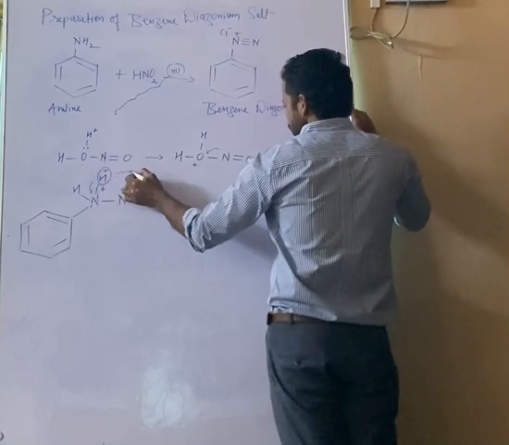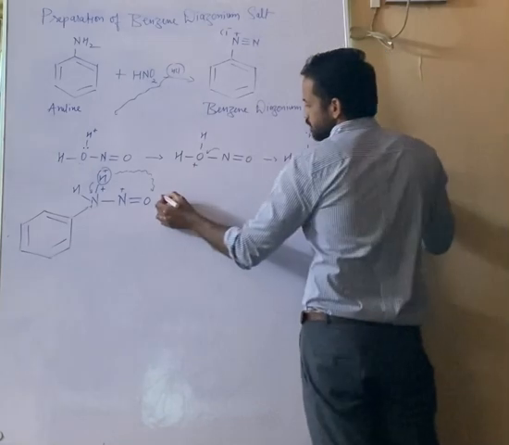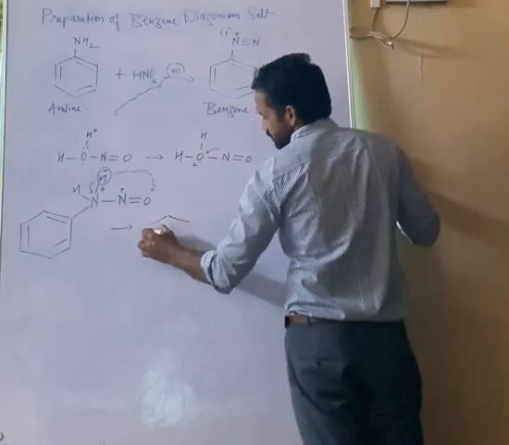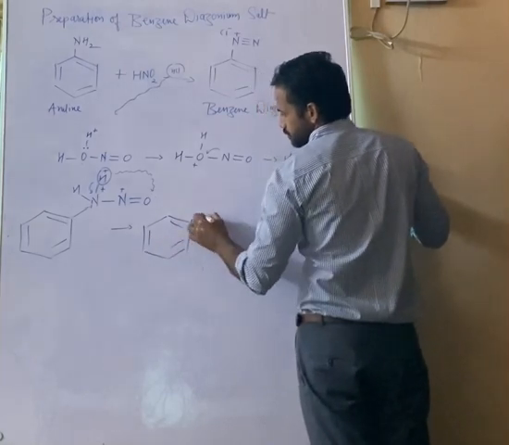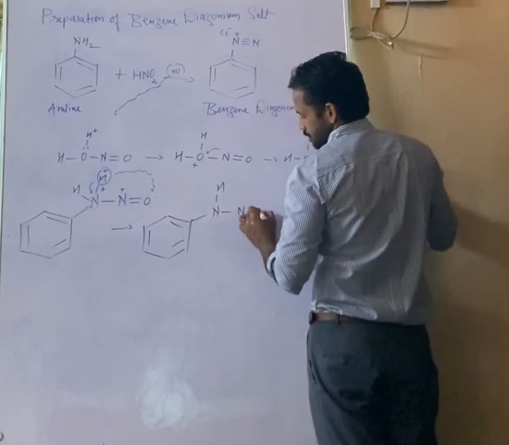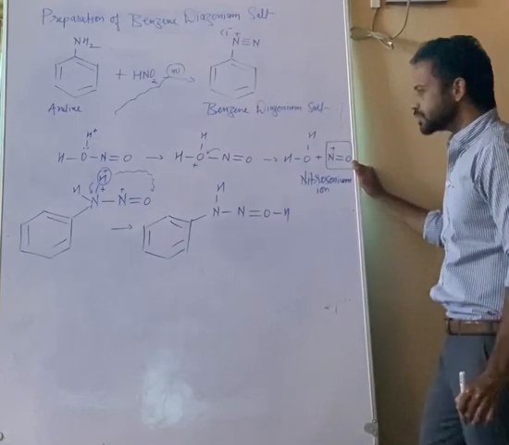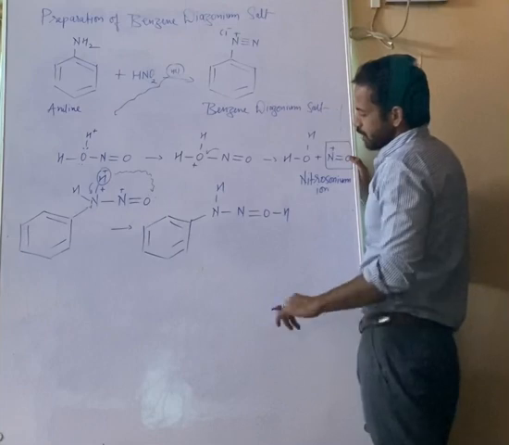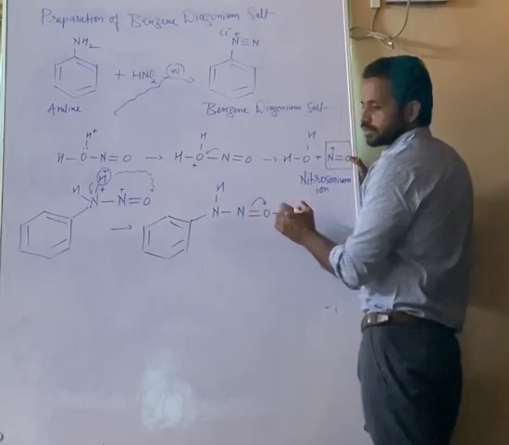Now rather than going anywhere else, this hydrogen will come and attack that particular oxygen because it is having two lone pairs. So what will be the next step? I will show it here. So I get this particular thing. Is it? Now what will the oxygen do? Oxygen will take the electron from nitrogen.